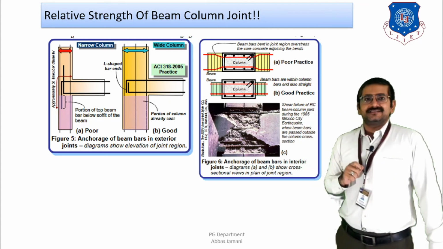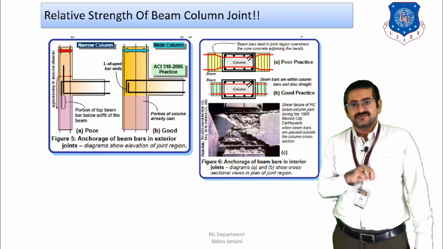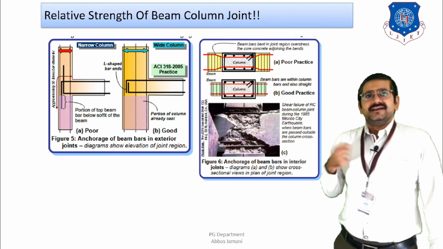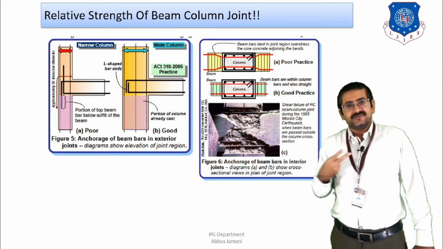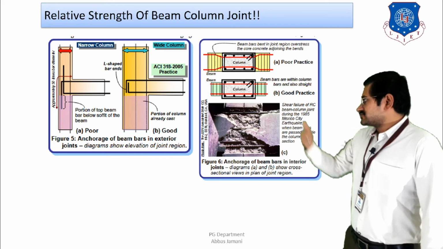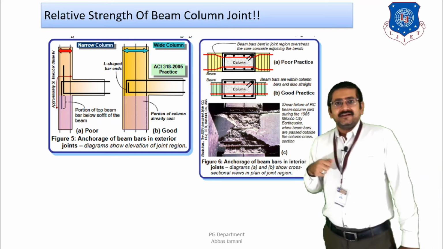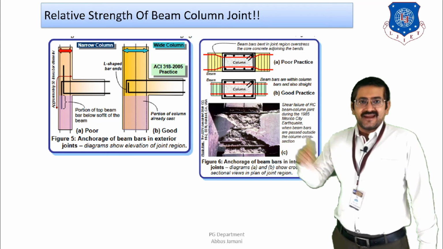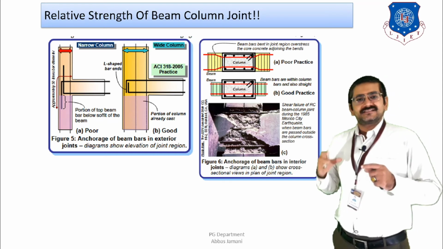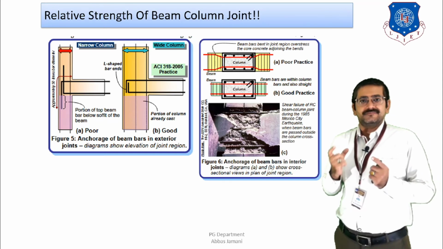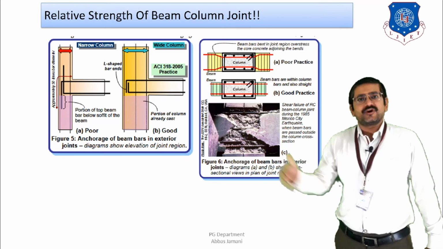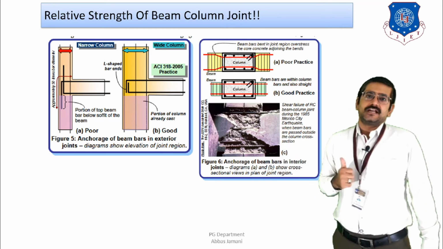The second case is the anchorage in case of plan, where again two cases are shown. The first case is the exterior column and the second is the interior column. That is, the beam bars are to be passed through the exterior column and through the interior column. So it is shown here that in the first case the beam bars are bent and then they are taken through the columns, and in the second case the planning is done in such a way, that is, the dimensioning of the position of the reinforcing bars is done in such a way that the beam bars will pass straight through the columns from within and will not need to be bent.